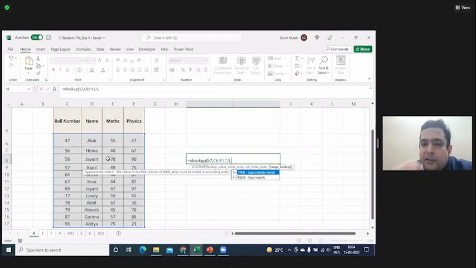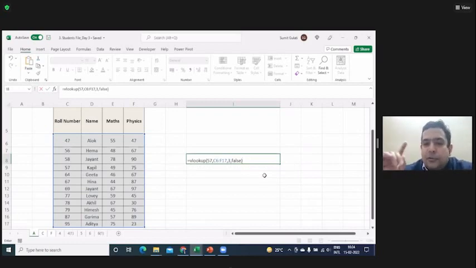Depending on the situation, this is what Excel is asking. It is asking, do you want me to look for an exact match? That means if that does not happen, I'll give you an error. Or do you want me to give an approximate match? That means if this does not happen, do you want me to give you the answer against the nearest smallest or not? Right now, we'll only stick to false, but I'll tell you where true is used after this.